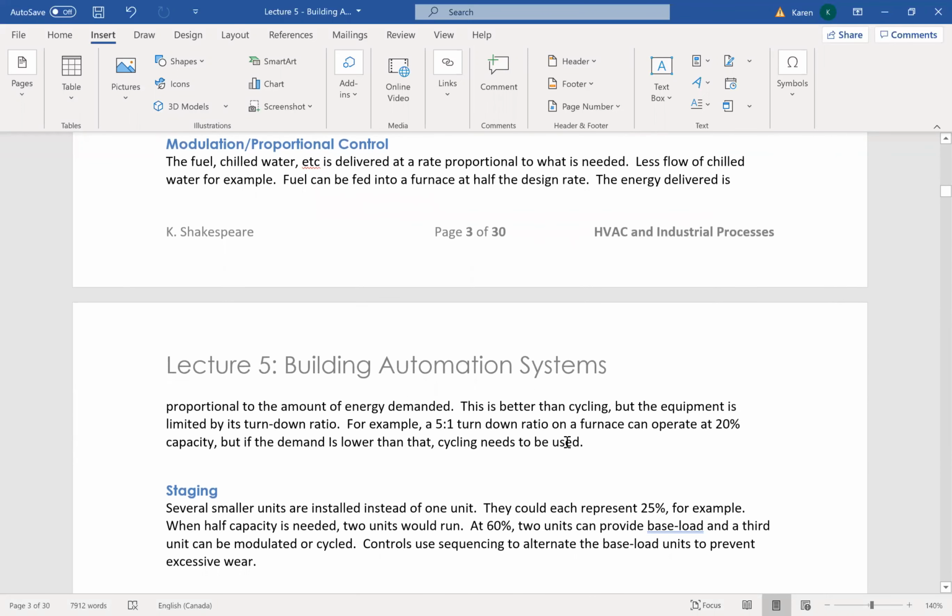So proportional control or modulation is nice, and it's commonly used. So here the energy or whatever element you're controlling can be delivered at a rate that is proportional to what is needed. So if you need less chilling, then you can flow less of the chilled water, for example. So this is better than cycling,